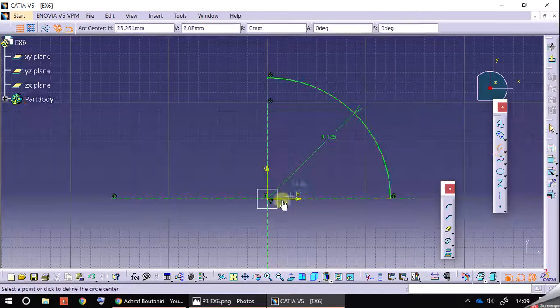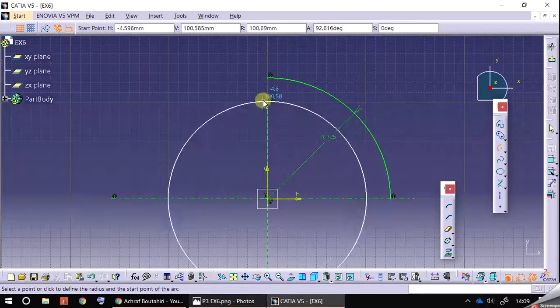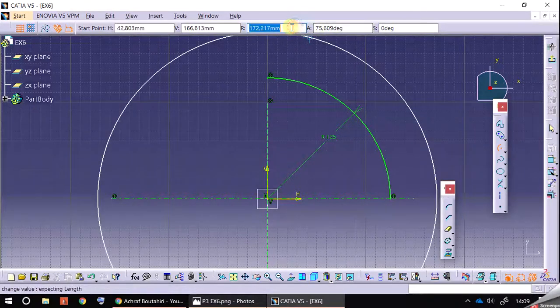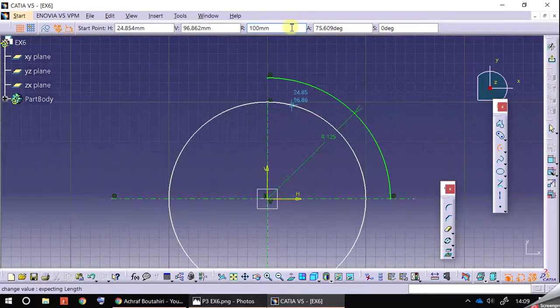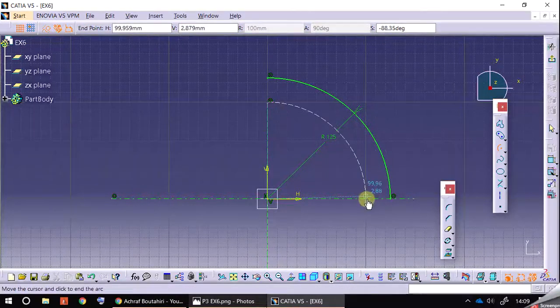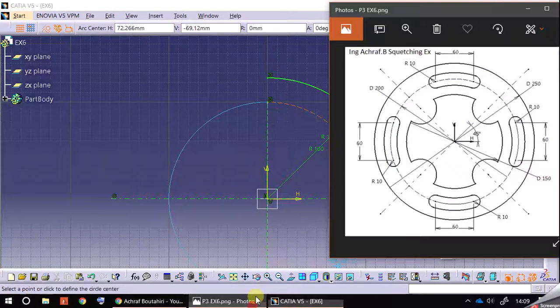Same thing here, center, and the diameter will be 100, which is a construction element from this axis to this axis. Okay, create this circle. And next we are going to create